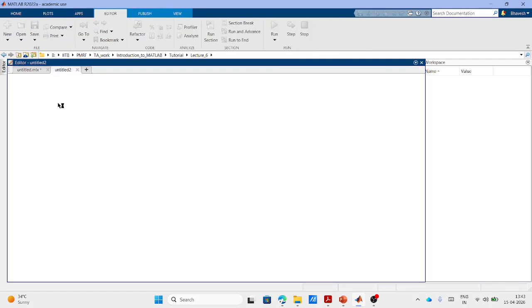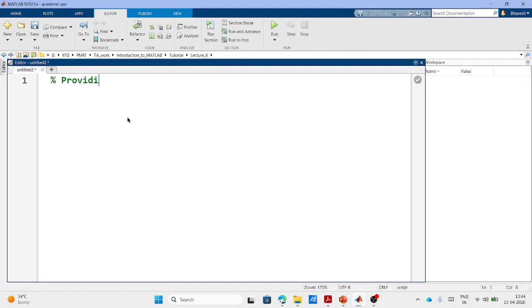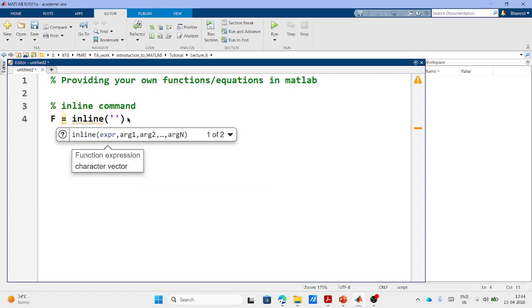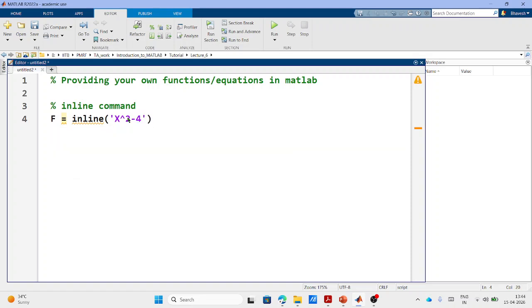no, let me write a script so that I can save it and you guys can see it later. Providing your own functions slash equations in MATLAB. So let's say your first option is the inline command. When I write any function f is equal to inline, you have to write a functional form. Let's say I write x square minus 4. That's a parabola equation, right? So this is my inline function, and when I run it,